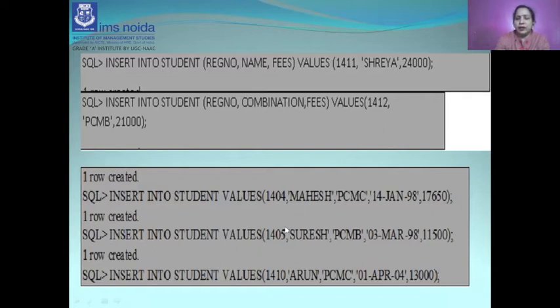So one by one it is assigning a record. We can't insert more than one record at a time. There is no procedure in the RDBMS to assign multiple records at the same time. We have to insert the records one by one, and once we use the command, terminate with a semicolon and execute, it will display the message one row created. One by one it will assign the records. So there are two ways to assign the records in the database.